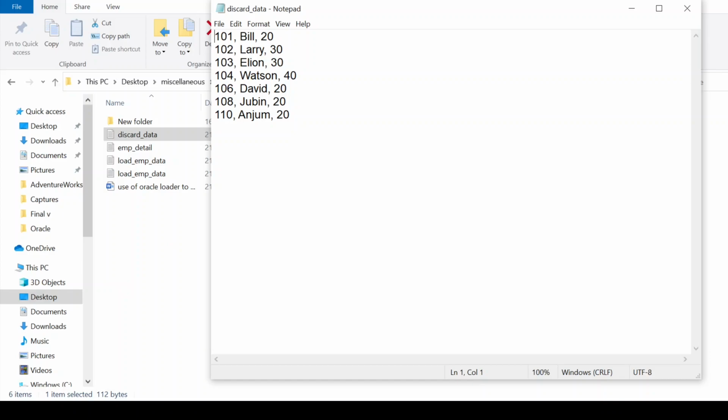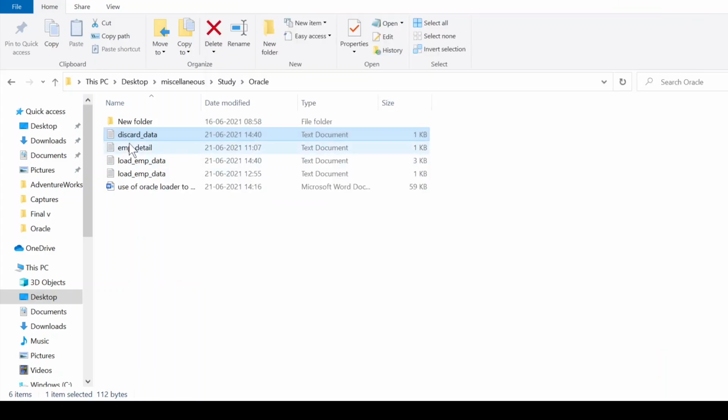So only those records having department ID equal to 10 were inserted. The rest, with 20, 30, 40, are all kept inside the discard file. And you can see there is no bad file.